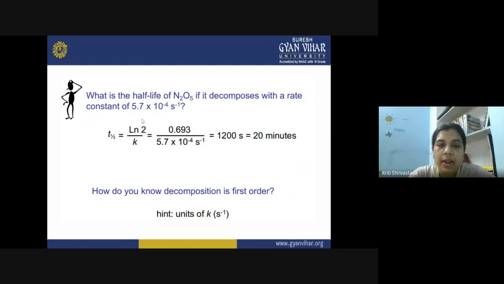But before applying this formula, one needs to be really sure that it is a first order reaction. So how will you get that idea? That idea is obtained from the unit of this rate constant. When you look at the unit of this rate constant, you can easily conclude that yes, this is a first order reaction. And now you have to put the expression for the half life of a first order reaction. So that is how you find out that it is a first order reaction, and then you apply this formula here. So the unit of the rate constant actually provides a very good indication of the order of the reaction whenever you are solving a numerical.